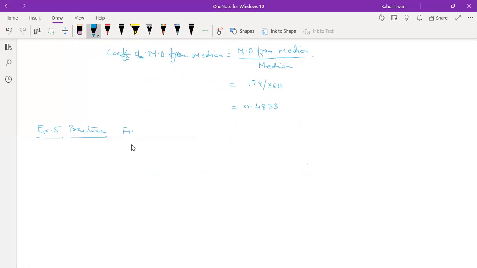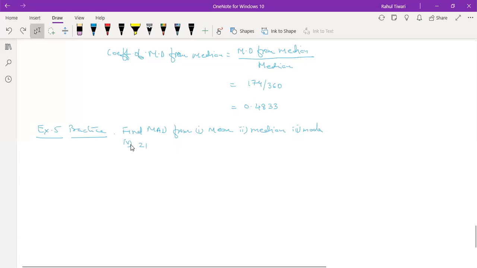Find MAD from the first one mean, second one median, third one mode, fourth one 21, for the following data,